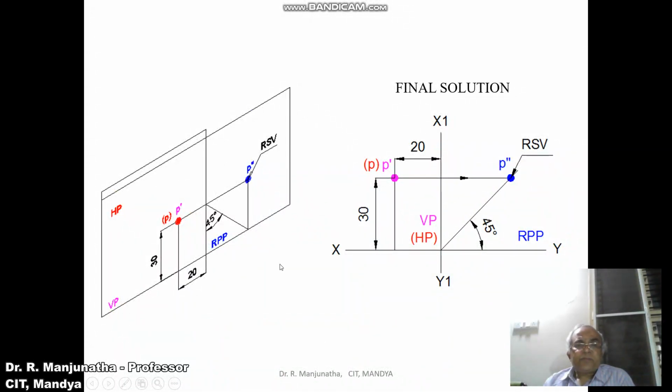So first we are going to draw the XY line and the X1 Y1 line with thin lines, and you mark XY and X1 Y1. Then the distance with respect to the profile plane, that is behind RPP, can be seen in both HP and VP. Both HP and VP are above the XY line, so you mark VP and the horizontal plane in brackets, and this is the right profile plane. Then you measure the distance of 20 mm from the X1 Y1 line and draw a vertical thin line.